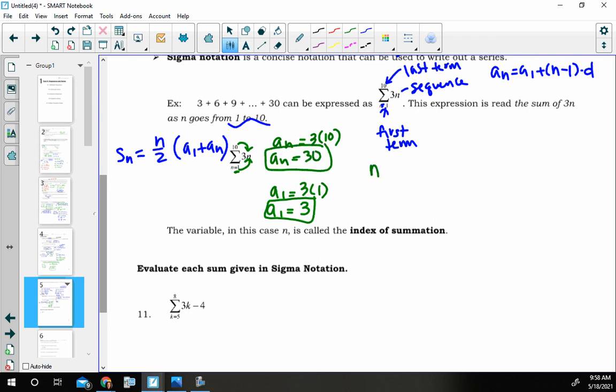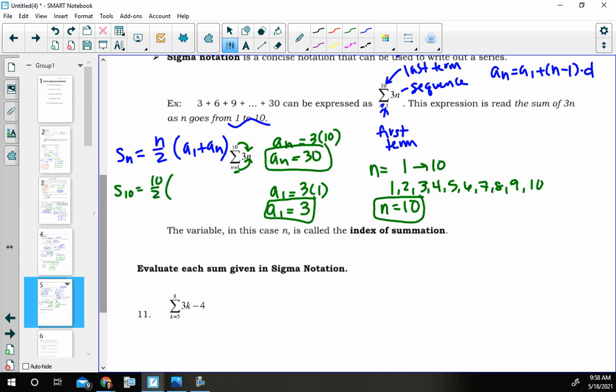The other thing I need is my n. I'm going from 1 to 10, so 1, 2, 3, 4, 5, 6, 7, 8, 9, 10 terms. That is a total of 10. Now all I have to do is plug it all in. So S of 10 is equal to 10 divided by 2, my first term was 3, my last term was 30. So S of 10 is equal to 5 times 33. So that sum